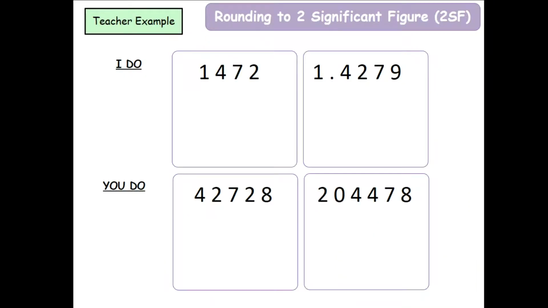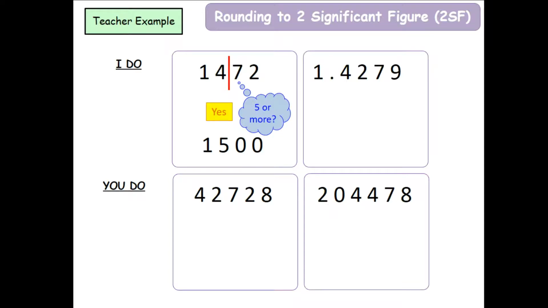Okay, next set of questions now. Rounding to two significant figures. Exactly the same method, but now we're counting two significant figures instead of one. So now we start from the left and my second significant figure is the 4. So I'll draw a line between 4 and 7. Now we're looking at the 7. Is 7 5 or more? Yes. So now my 4 rounds up to 5 and everything else turns into a 0. So now my answer is